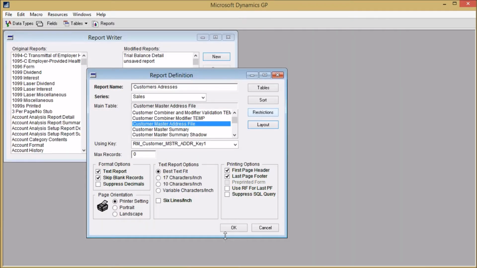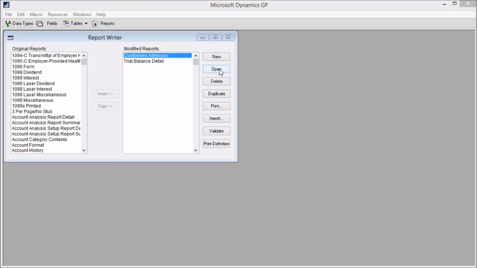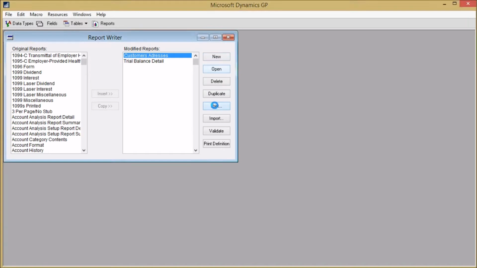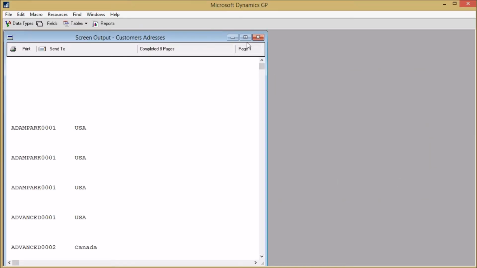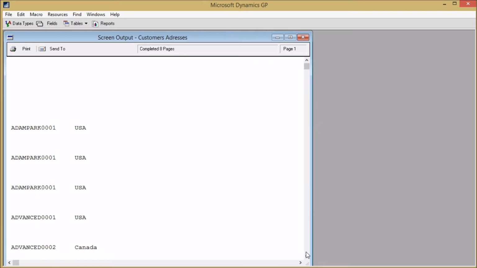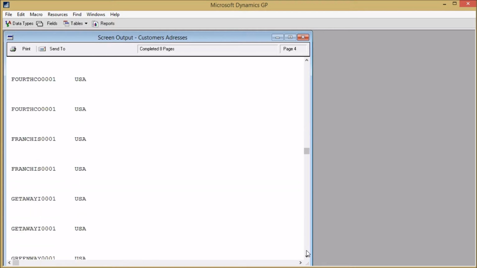And let's click OK. This report is here, and then you can highlight the report in Report Writer itself and click print. Let's say to the screen, and here is your report. We just made 2 fields for simplicity,